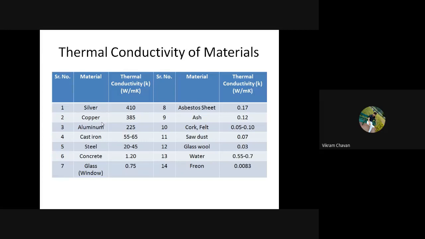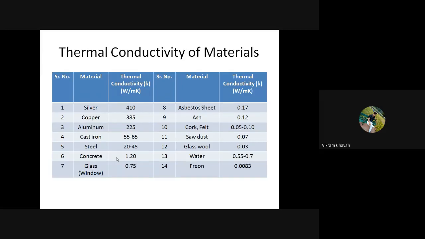If you think about concrete buildings, concrete is cement concrete, which has a thermal conductivity of 1.20. When it is mixed with silica and other materials, also limestone, its thermal conductivity goes on decreasing. So concrete has low thermal conductivity. For that purpose only it is used as a building material.